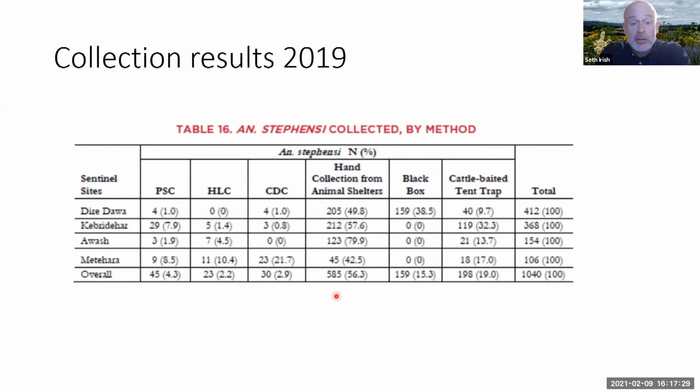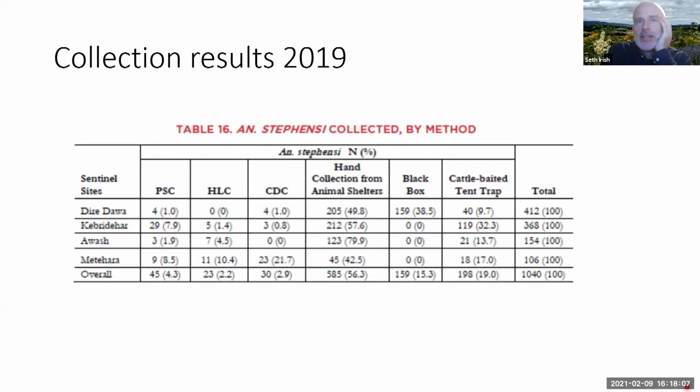However, when we collected using hand collections from animal shelters, you can see we got considerably more mosquitoes. The black box was quite interesting because it looked really successful in Deir Dawa, and yet in the other sites, not so much. And similarly, the cattle-baited tent trap was pretty successful in Kabir Dahar, a little bit less successful elsewhere. So I think this was something where, in looking at the adult results, we said,